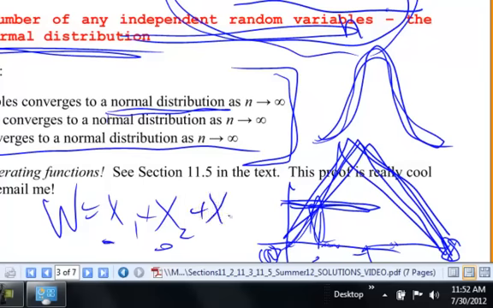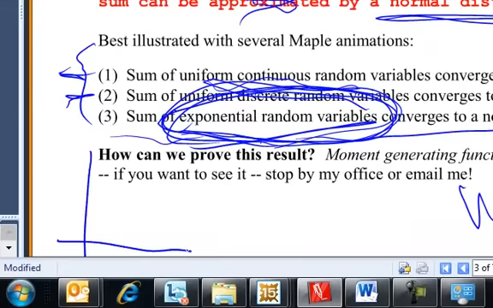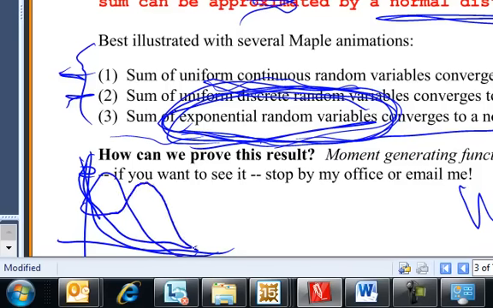When you add one more in, you still get something similar, but it starts to curve a little bit. It starts to flatten at the top. You add another one, so quickly a uniform converges to a normal. Other distributions take a while. That's why I wanted you to see the exponential. You start off like this, starting at 0. You add 2, you get a little bit of a bump. You add 3, you get a little more of a bump moving out, and then eventually you will get this nice normal curve shape.